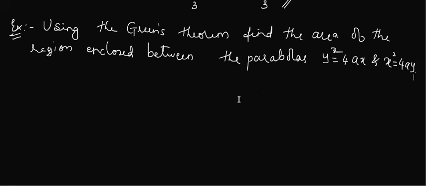Okay. So you might have found the area between the two parabolas by using double integration. You might have used different concepts. Even by using Green's theorem also, we can evaluate. You can say it's an application. You can do the same thing in different ways. Okay. Let us draw the region.